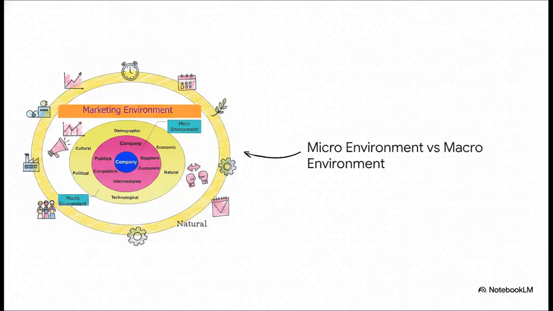And this brilliantly illustrates how these forces are actually organized. Picture the company sitting right at the very center of everything. Immediately surrounding it, forming that first inner circle, is the microenvironment. We're talking suppliers, intermediaries, customers, competitors, and the publics. Then, in the outer circle, you've got the macroenvironment, those larger overarching forces like demographic, economic, or technological shifts. But again, we are locking our focus purely on that inner circle today.